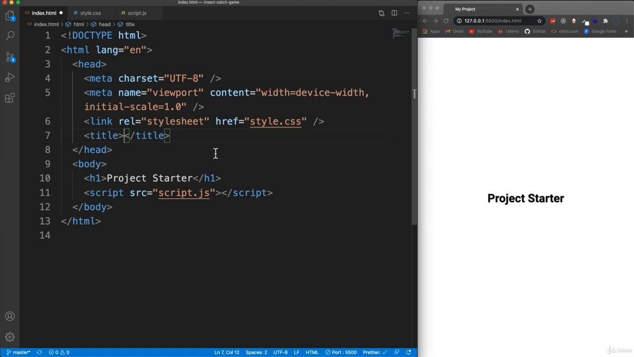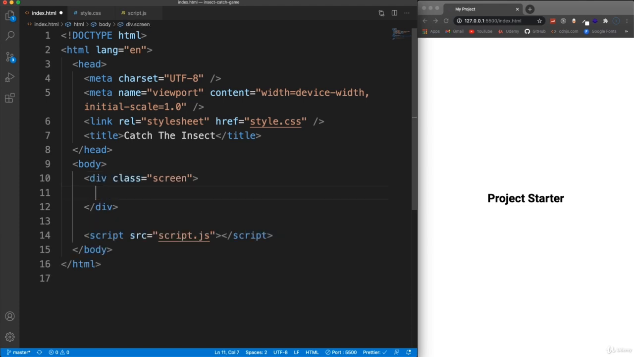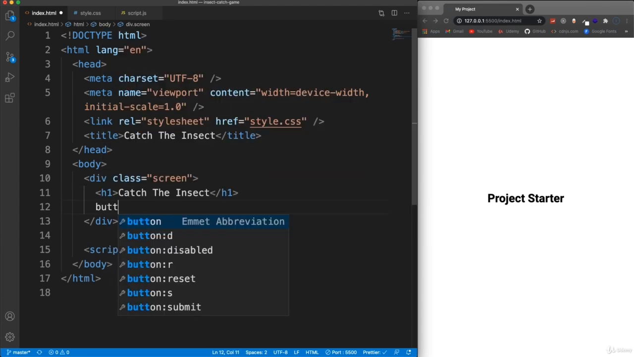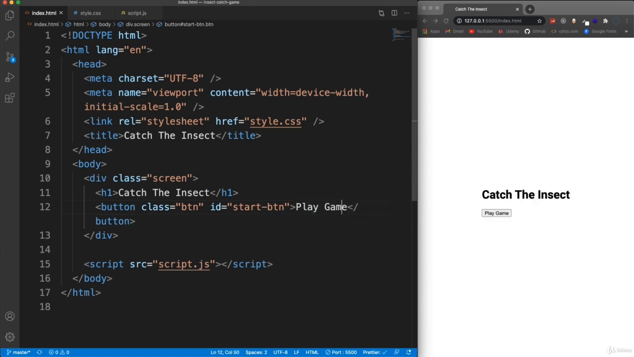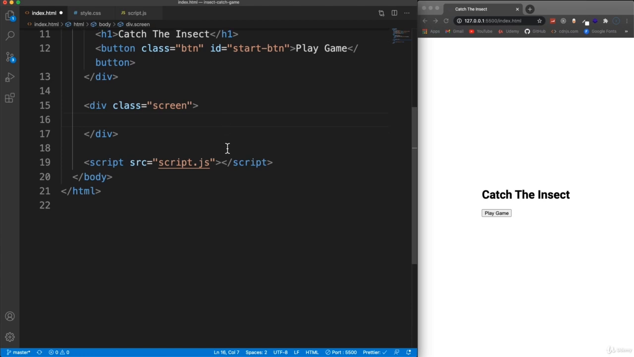So I'm going to add a title here of catch the insect, and each screen is going to have a class of screen around it. The first one will just have an h1. We'll say catch the insect, so the title, and then we'll have a button and a class of btn for styling and an ID of start-btn, and just say play game. All right, and then the next screen, so class of screen,